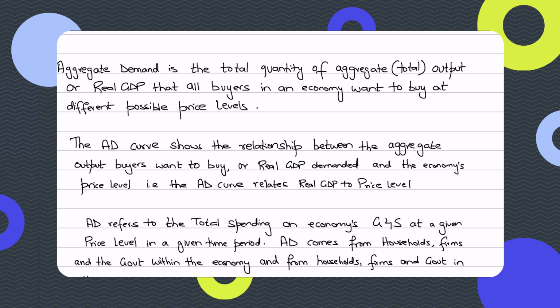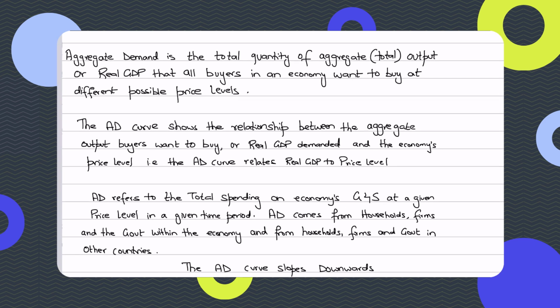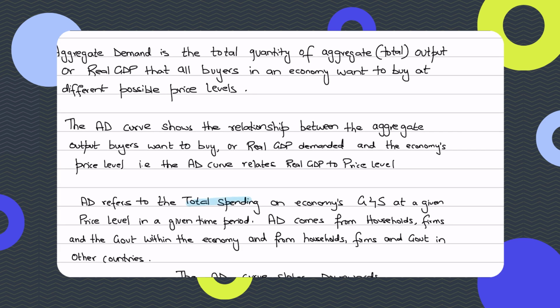And both these definitions, that is the fact that aggregate demand is the total quantity of total output that all buyers want to buy at different possible price levels, and the fact that aggregate demand refers to the total spending on the economy's goods and services by the consumers, firms, government, are connected. The connection lies in the fact that total spending, right? Total spending that is coming from consumption spending, investment spending, government spending, or net export spending,